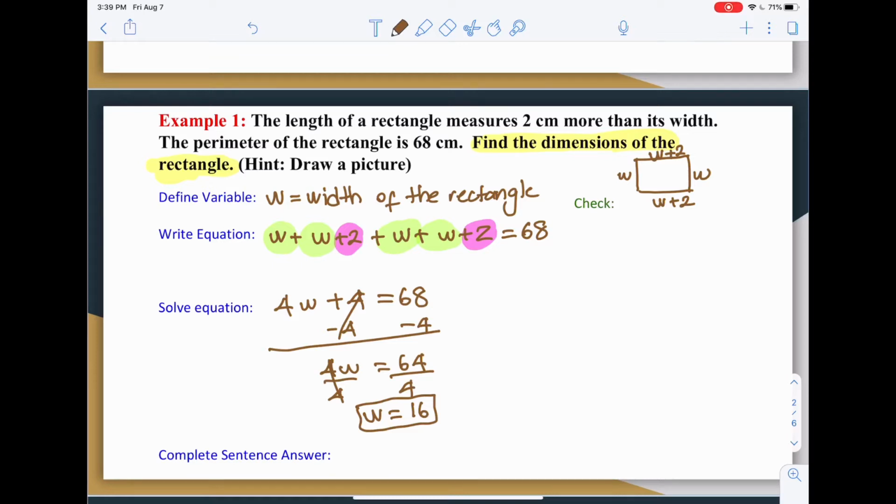Now let's find the length. Since we know that length is W plus 2, we can just plug in that 16. And then the length will be 18. Then we are ready to write our complete answer. Our complete answer will be